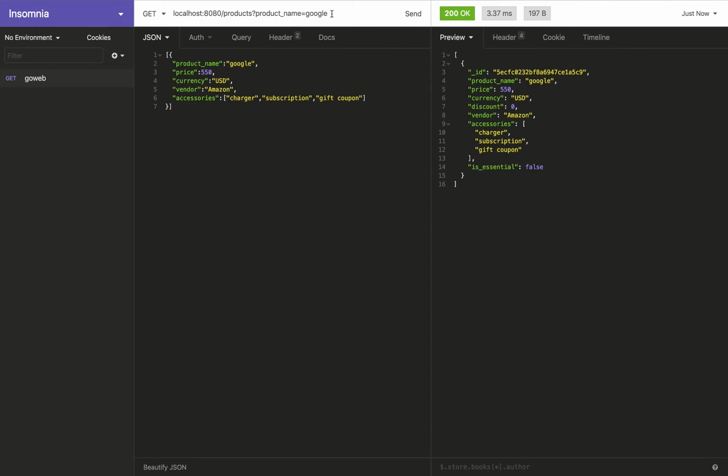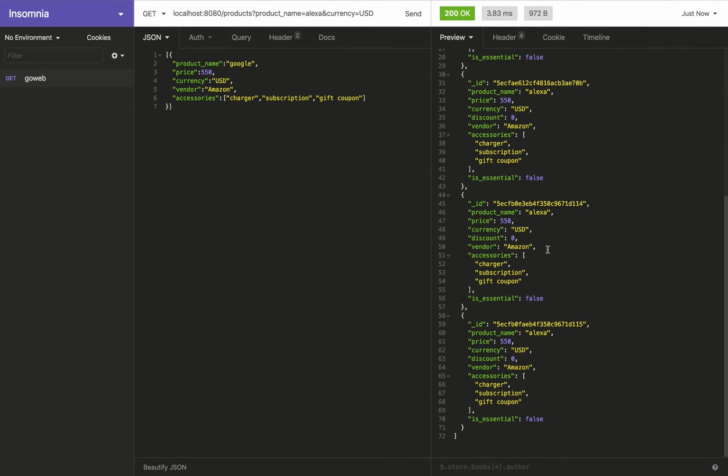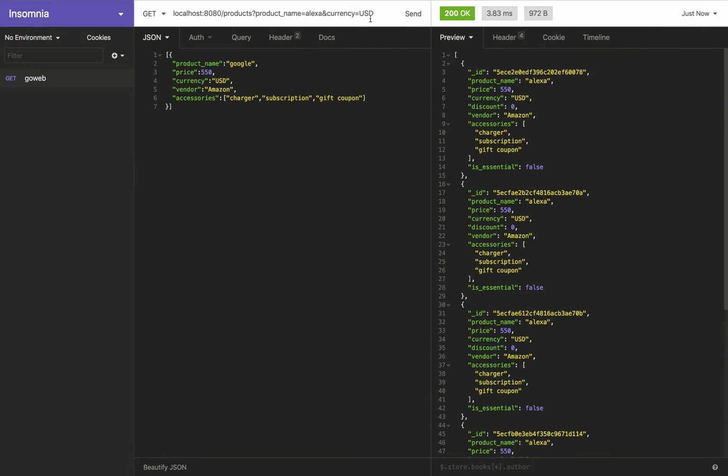and I get the Google product. If I do Alexa, and this time I want another parameter being passed, another query parameter, currency is equal to USD, when I do this, I get all those Alexa products because for all of them the currency is USD,